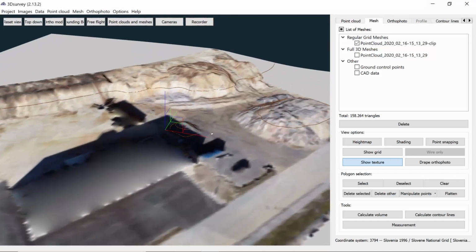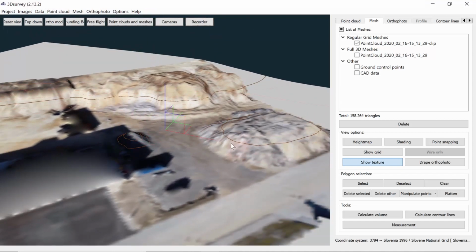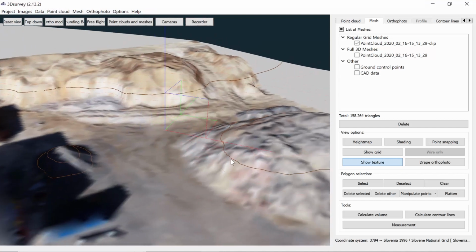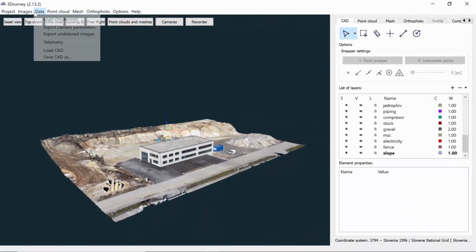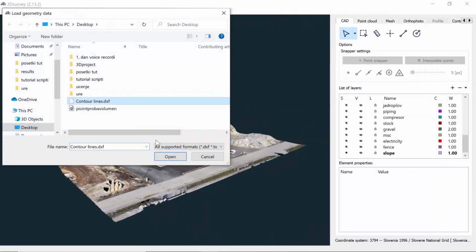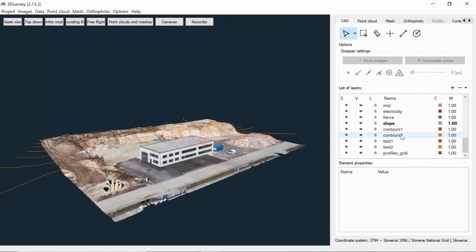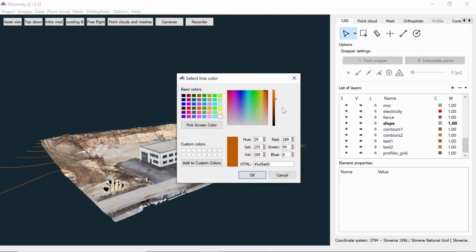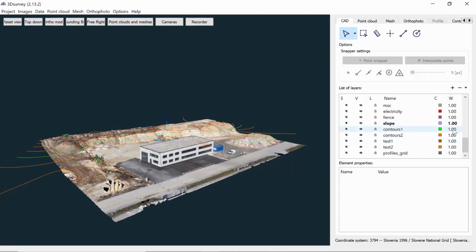As the process is finished, you'll be able to see contour lines were added to your 3D mesh. Every fifth line is the main one, so you will see that its color will be brown, while others will be orange. If you export the lines as DXF and import them as CAD, you will see that the main lines will be put into a different layer than the others, and you will be able to change the color and